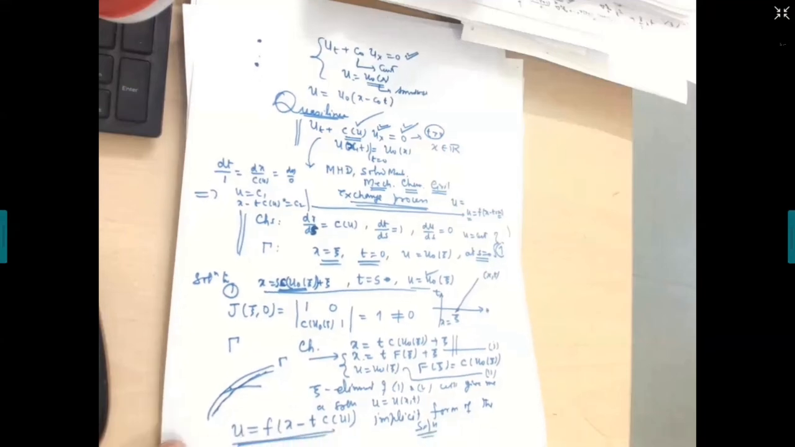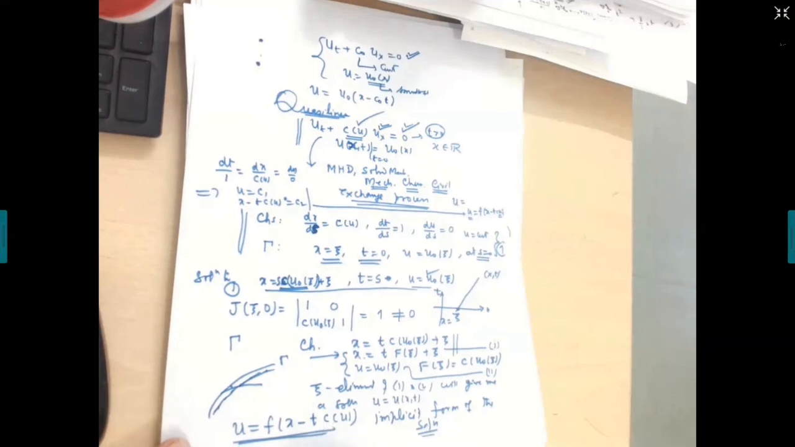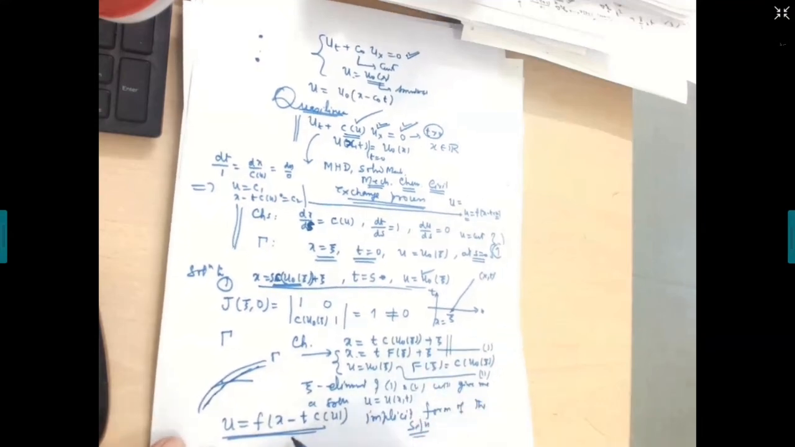Right? Now the question is this: is it possible to find u as a function of x and t from here, which is of class C1? Make use of the implicit function theorem. The implicit function theorem says that if C is smooth,